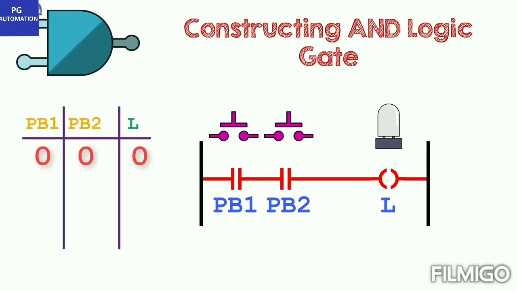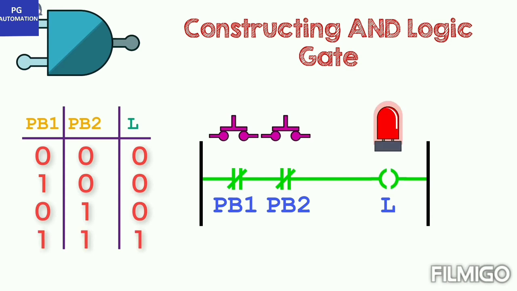Coming back to our AND gate, we can see that the NO contact turns into NC contact when their corresponding push buttons are pressed. The circuit or the rung will be complete only when both the contacts turn as NC. This is possible only when both the push buttons are pressed. So, if we compare it with Boolean logic, the output will be high only when both the inputs are high, and thus we get a circuit for AND gate.